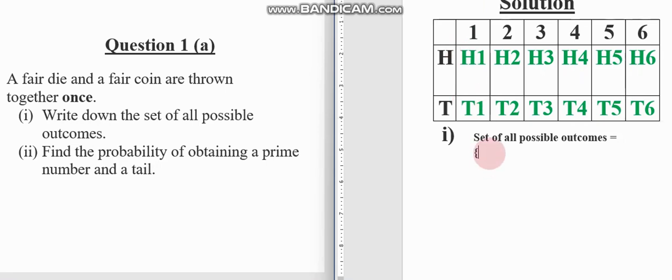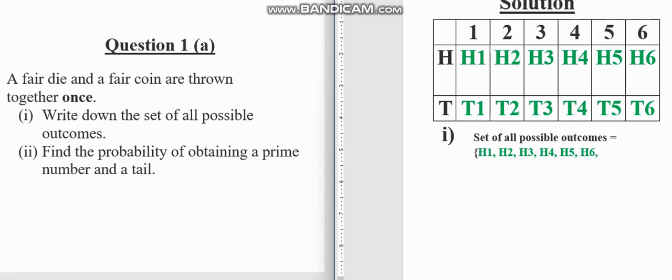So we have the ones in green, so we list all of them. It is going to be H1, comma, H2, comma, H3, comma, H4, comma, H5, comma, H6, comma,